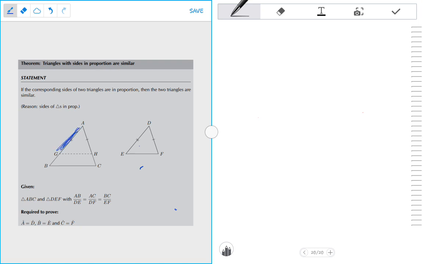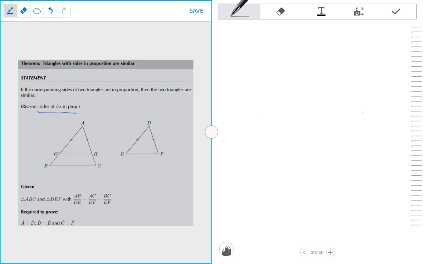If this side is in the same proportion with this one, and this one is also in the same proportion, it means that the triangles are similar. The statement says: if the corresponding sides of two triangles are in proportion, then the two triangles are similar. The reason: sides of triangles in proportion. So we are given ABC,